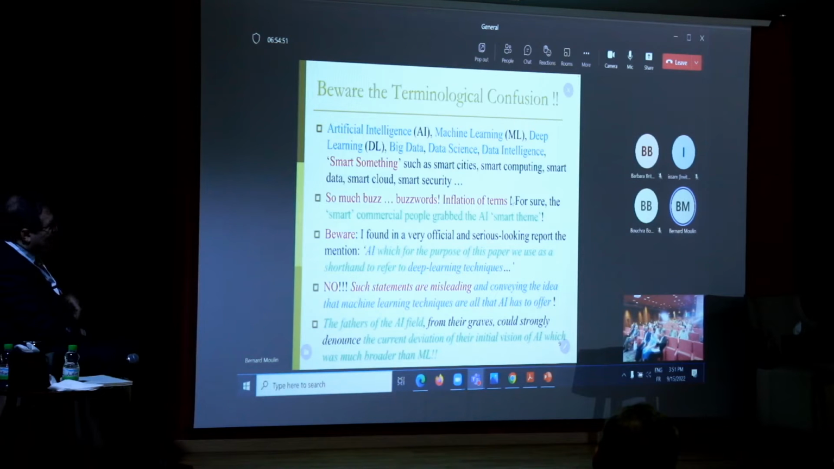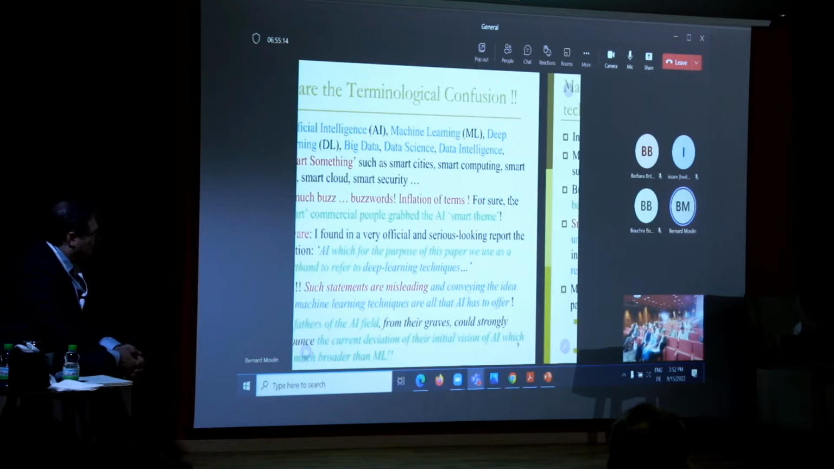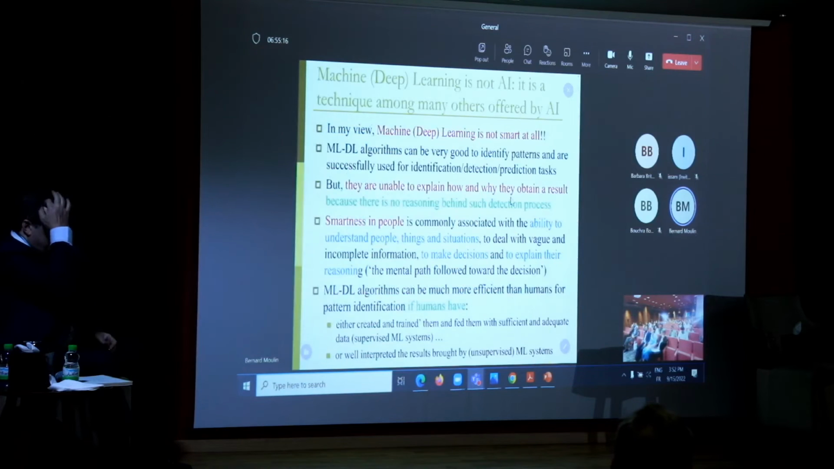Very much buzzwords, inflation of terms. I want to be cautious about that. I found in a very official and serious-looking report that mentioned AI, which for the purpose of this paper we use as a shorthand to refer to deep learning techniques. No, I'm not agreeing with that. Deep learning is just one technique among others in AI. It's very useful. You have already seen different talks about that, but it's not the only thing which AI has